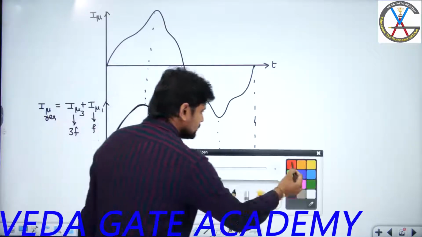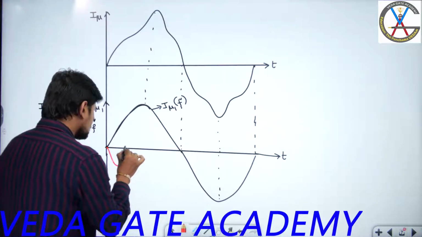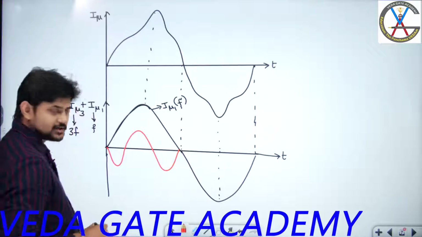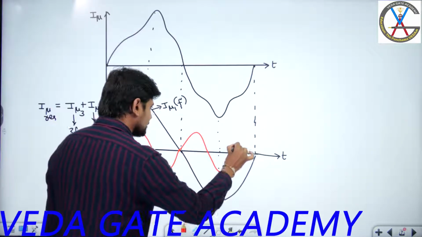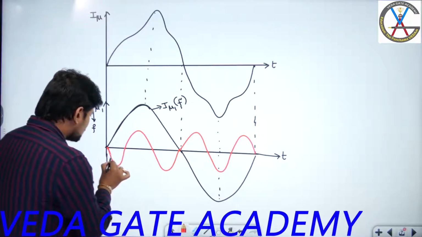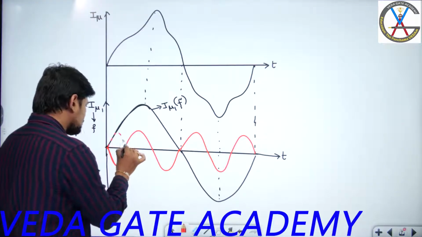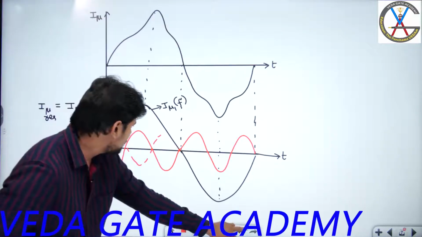So let me use a different color. I am trying to draw. Can you see it is making 3 half cycles? This is also 3 half cycles. So you may have a doubt why I have started from the bottom, why I am not starting from the top. Even you can try to draw in this fashion, right? You can draw 3 half cycles in this fashion. But I have not drawn in this fashion.